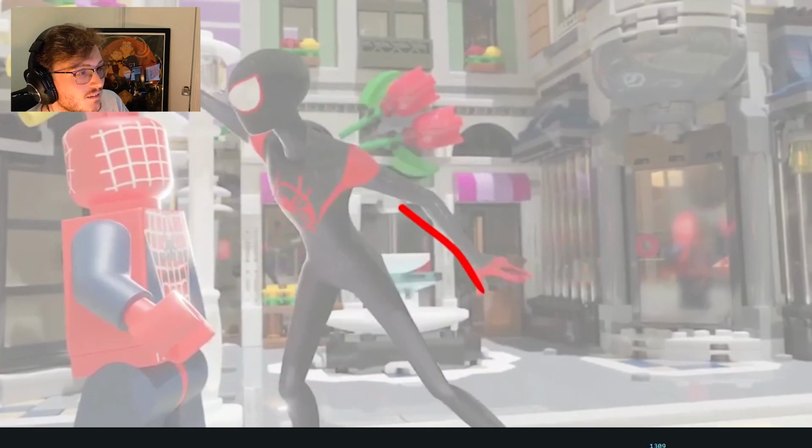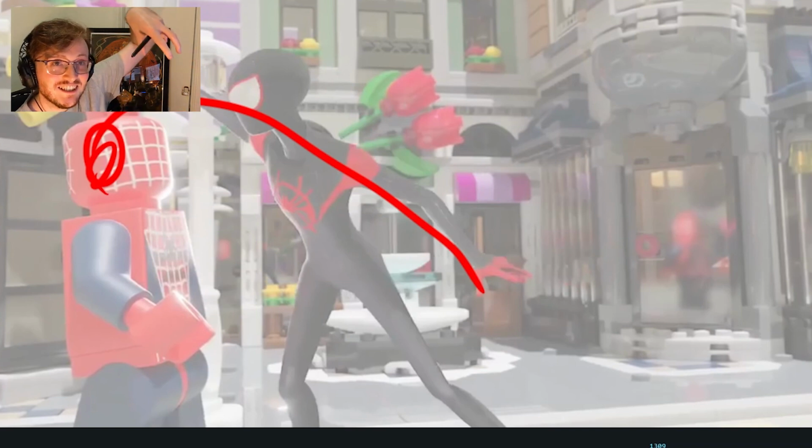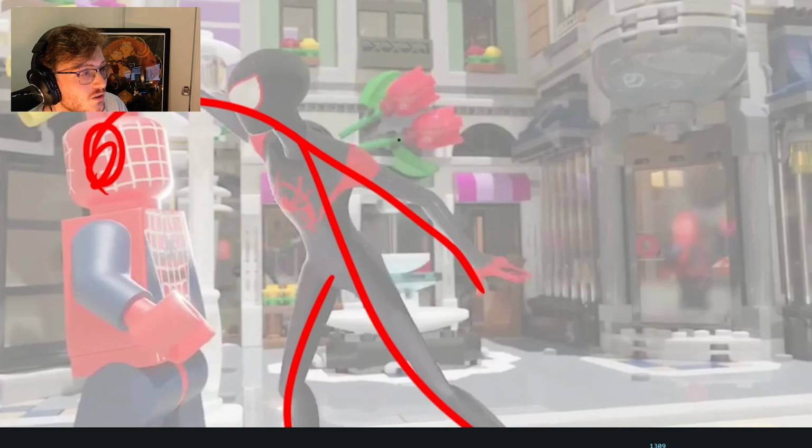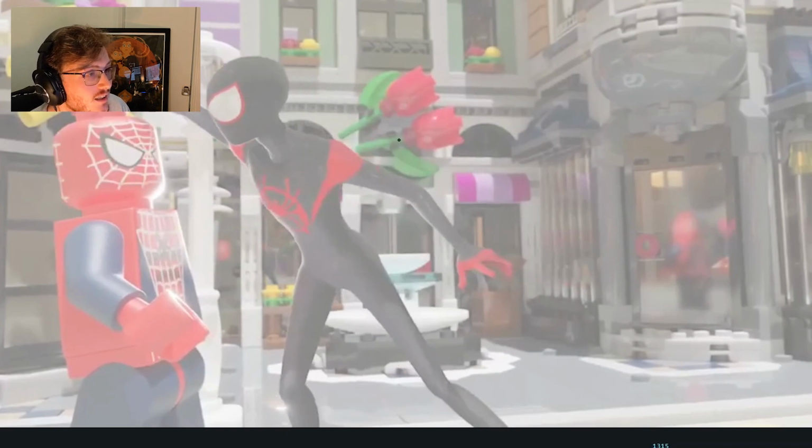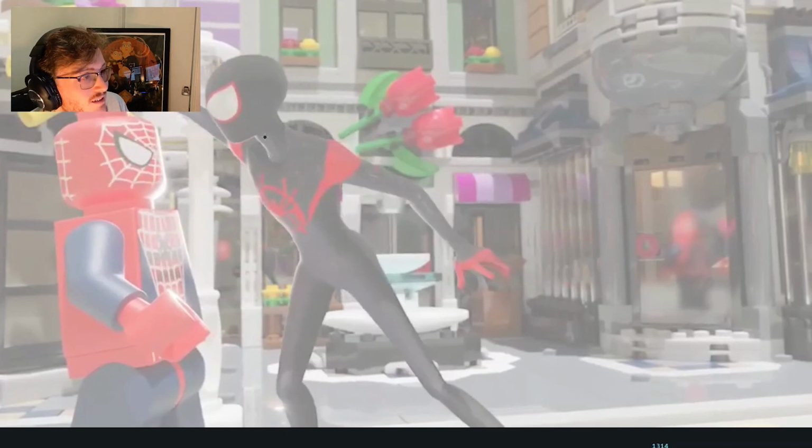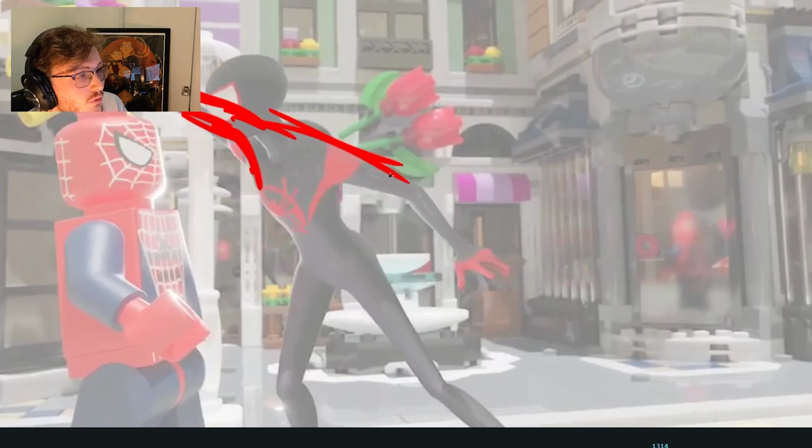And I love this nice little reach around with the little hands where he's like this on top. It's very nice. Gets a nice little line of action going through the body. It kind of flows nicely. Slight, if I'm going to be picky, there's a slight disconnect in the shoulder. The shoulder should be slightly higher here. So we get a bit more of a straight line there, going through the body.